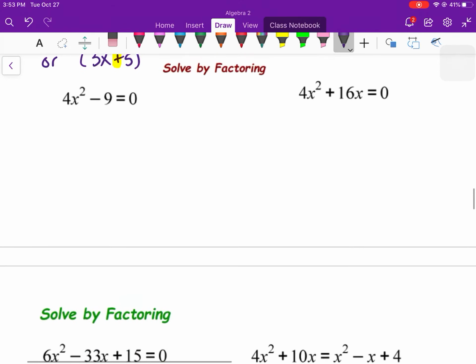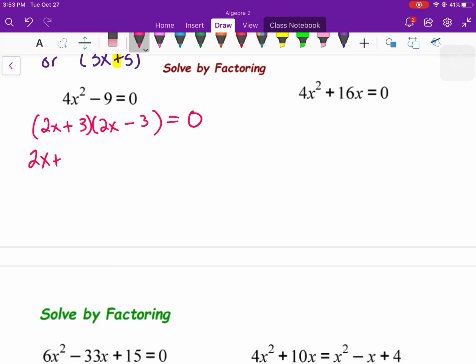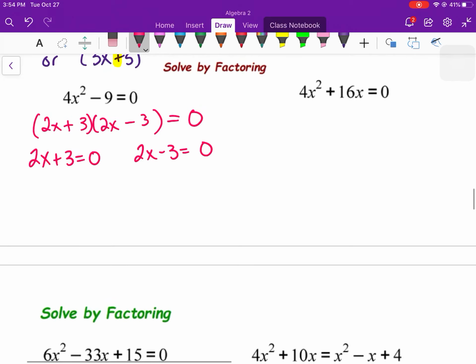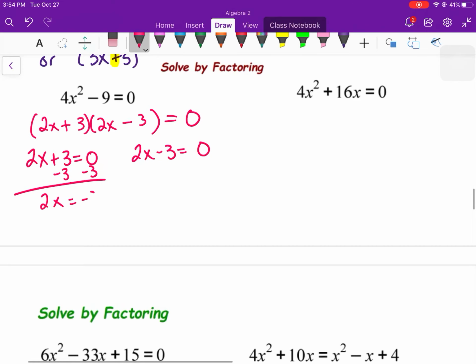We spent a lot of time factoring, and then we used factoring to help us solve. So we solved this same problem using square roots in the earlier example. If I wanted to solve by factoring, I would factor it so it's difference of perfect squares. So 4x squared is 2x times 2x, 9 is 3 times 3. It adds up to 0, so 1 is positive and 1 is negative. Then to solve by factoring, you set each factor equal to 0, and then you solve each one. So 2x plus 3, you'd subtract 3, and then you would divide by 2,